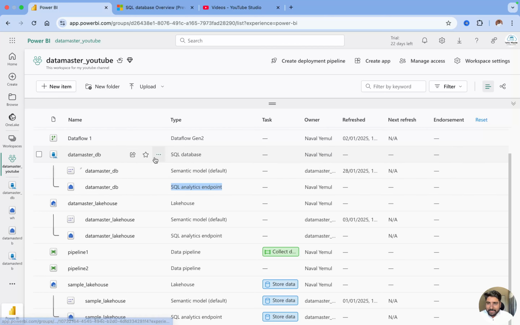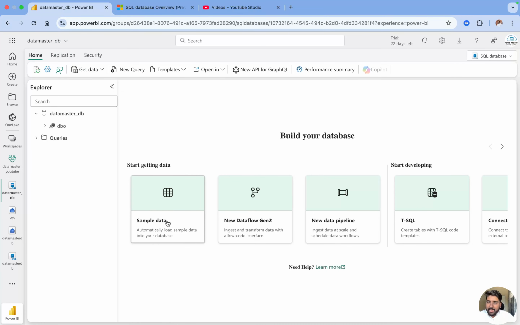Now let me get inside the database and click on sample data. We are just automatically importing the sample data, but as we progress, I'll be writing queries and loading data with different items as well, like Dataflow Gen2 and a data pipeline, and so